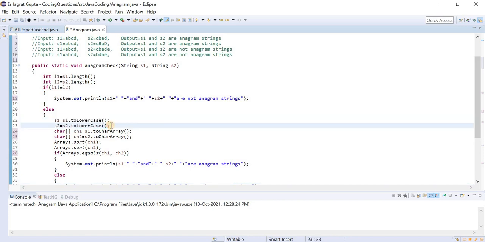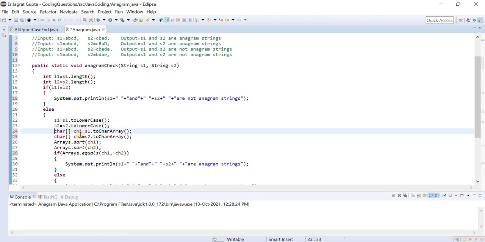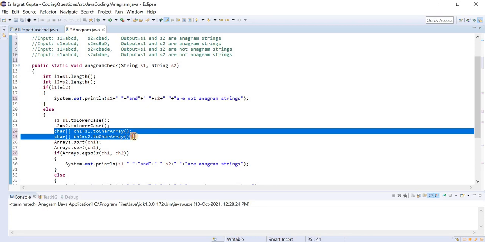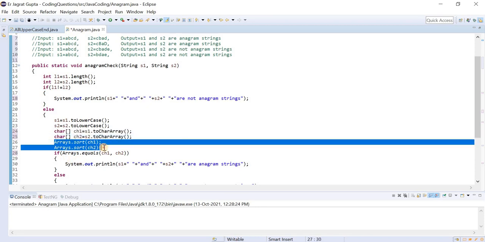We did that because, as I told you, if the strings are a combination of lower and uppercase, then as a precautionary step we converted them into lowercase. Then we changed them to character arrays and applied the sort on those arrays.